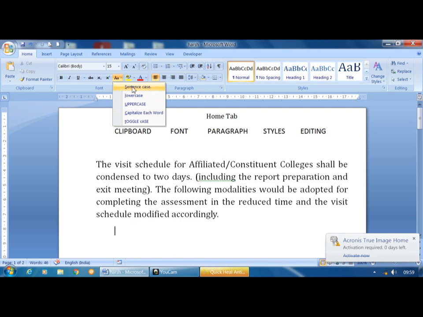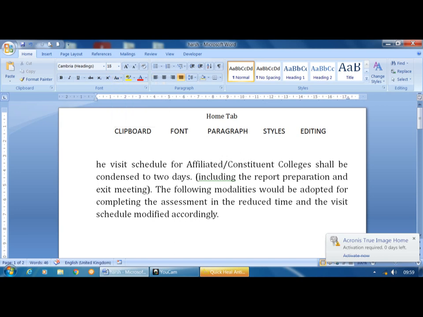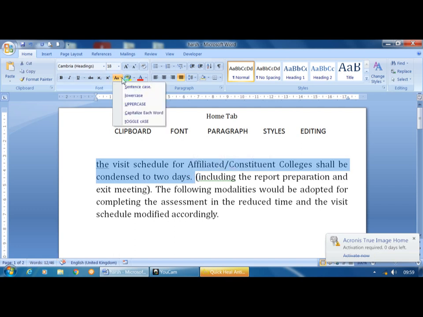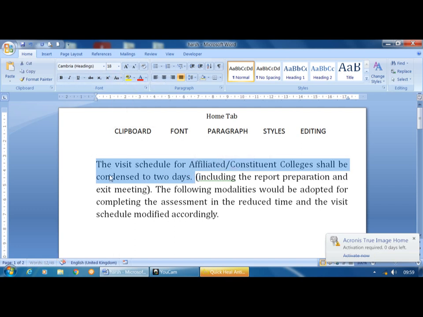So sentence case: the first word always begins with a capital letter and ends with a full point. So if I want to apply the sentence case, it is already in a sentence case, so I will apply this one. Here T, I will make it small. Now I will select the first line and just click on this sentence case. Automatically the first word, first letter becomes capital. Same way it applies for other text also.